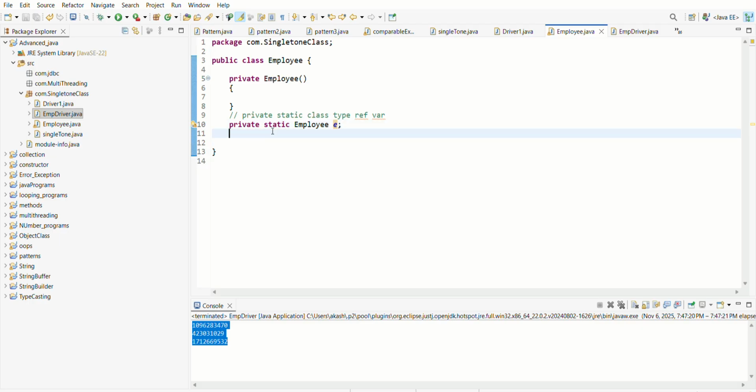Private members are accessible within the class, not from outside of that class. Now we are creating one method, public static, which is of Employee type. The method return type should be Employee, so that it will return a value of Employee type,